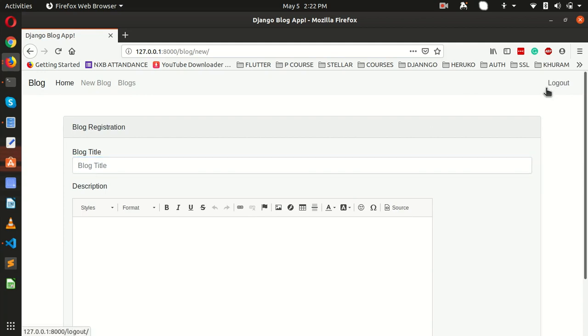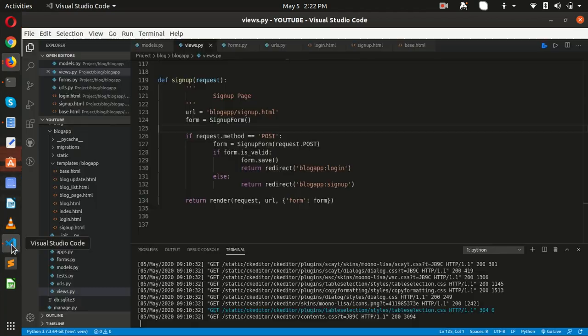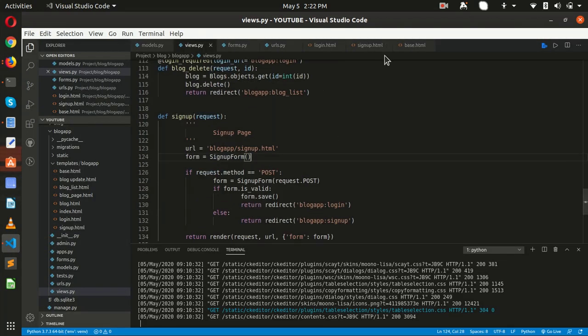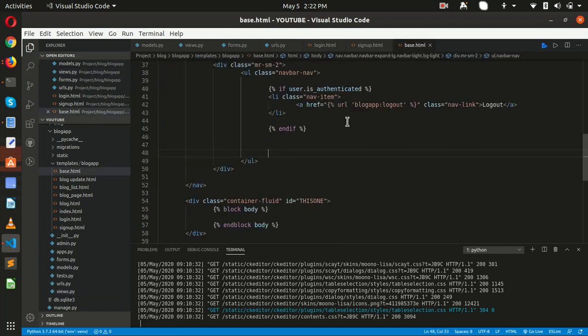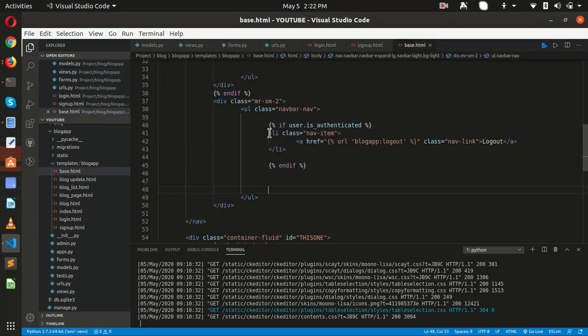So first what we are going to do is, let me go back in our app, and in the base file we have to show the current logged in username.